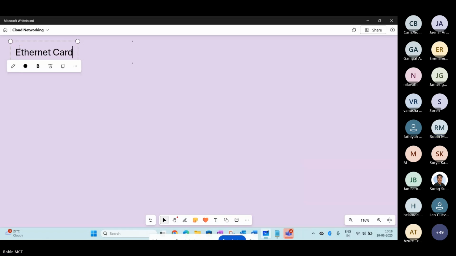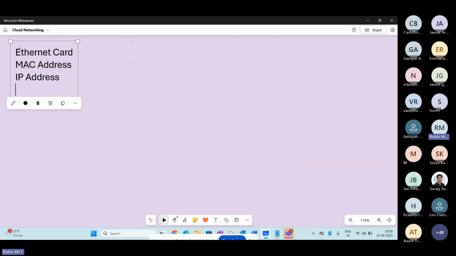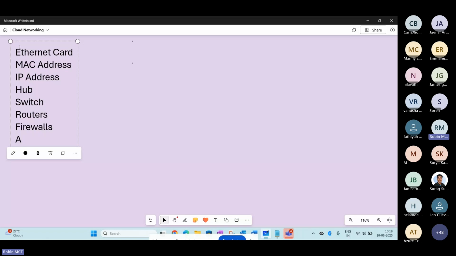You may also notice a MAC address, and you need an IP address for enabling communication. There are internetworking devices like a hub, a switch, routers, firewalls, or access points.